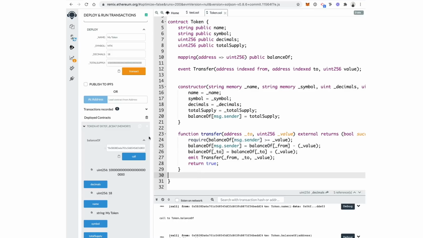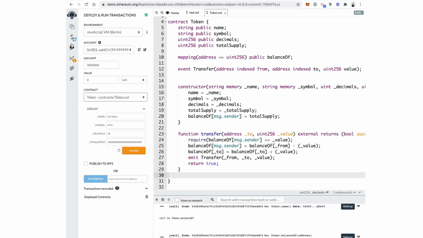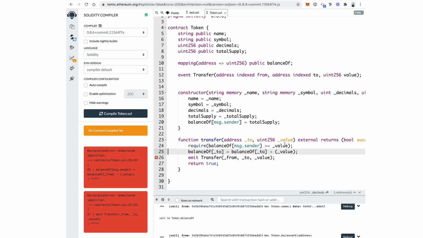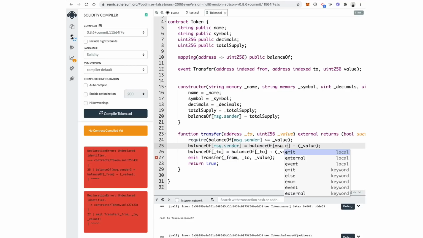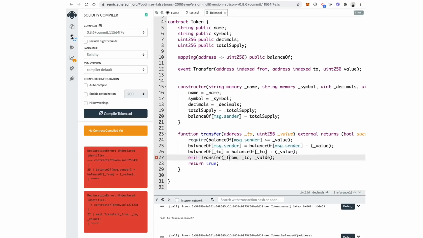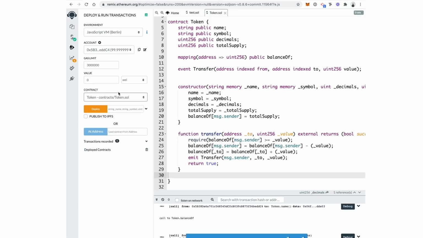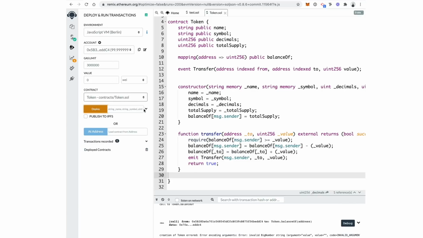All right. So now what we can do is actually see this in real time. We can just kill this. We can go to the compiler, click compile. All right. Actually, we have a little problem here. Let me just fix this. Basically, we need to change this from, to msg.sender. And then also this from here to msg.sender. We'll change it back to from here in a minute. You'll see how it works. Compile. Now it works. And you can go here and you can click contract Token, click deploy, put in the information,